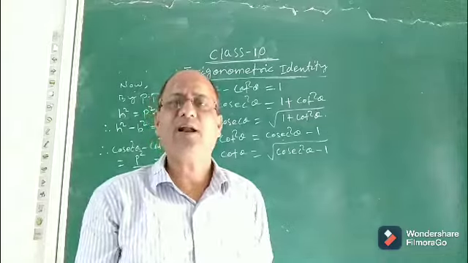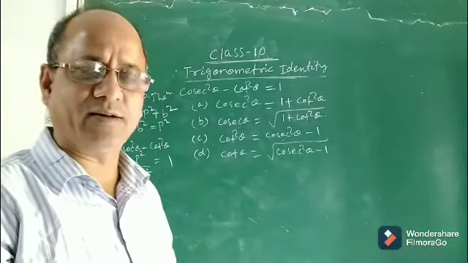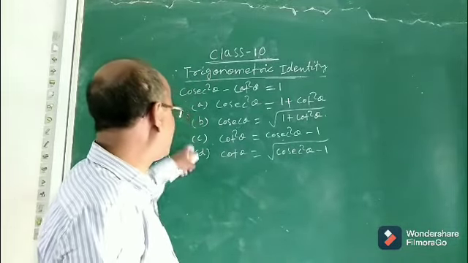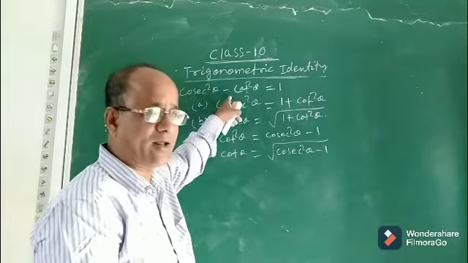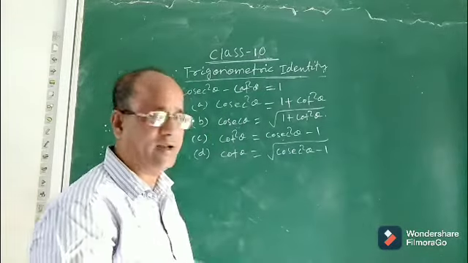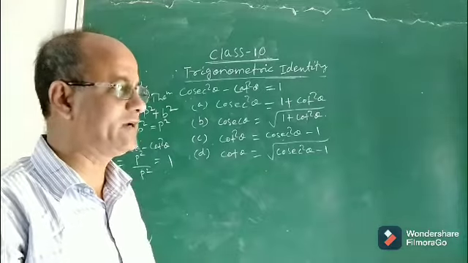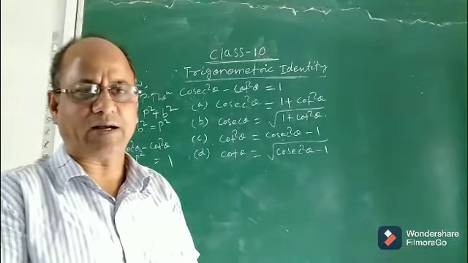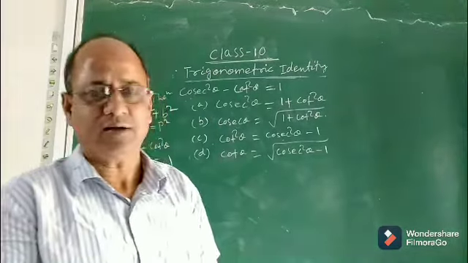Okay, children, I hope you understood. These are the three main identities given in your class 10 syllabus. And I also discussed the other identities, the sub-identities derived from the particular parent identity. Now, why did I say all these things? Because you will find wide application of these while proving trigonometric identities. Now children, I will tell you how to prove a trigonometric identity, what the methods are, and we will discuss problems in the next class.